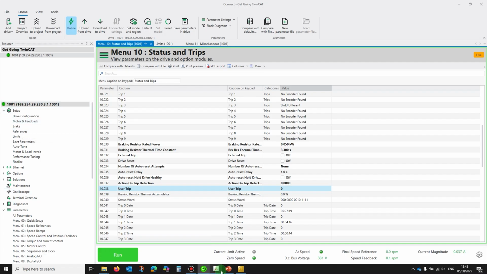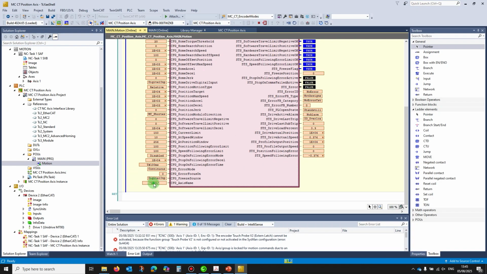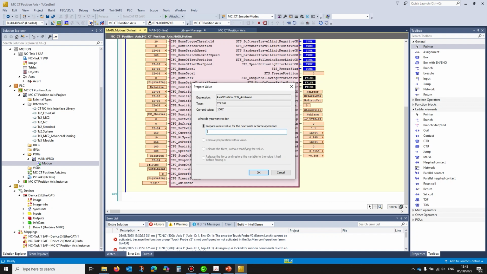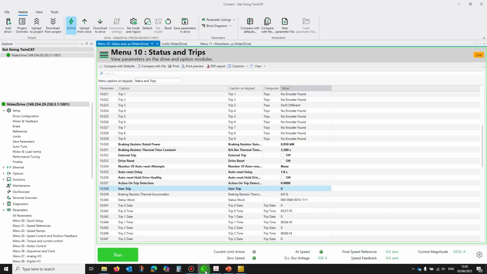So we can change that if we like. It doesn't have to be the node number. You can put whatever name you like, up to 16 characters. So let's have a little go with that. Single quotes, and I'll go 'Nidec drive'. Not very original, but you'll see the point. Push that in, and now our drive is called Nidec drive, and you can cause this name or these values